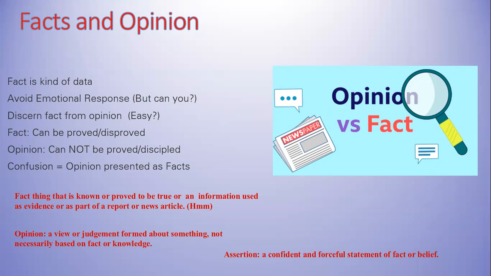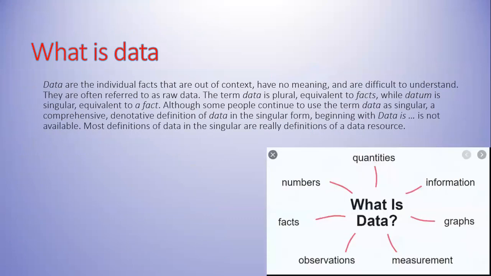Any sort of information is data. Once you actually start collecting it, it becomes information that is relevant for you. It's still another step until actually analyzing that. So, other definitions say that data is a fact that is yet out of context. It has no meaning, and it's difficult to understand. It's just pieces of digits or letters on a paper. They're often referred to as raw data on your screen. It's like zeros and ones on a computer.